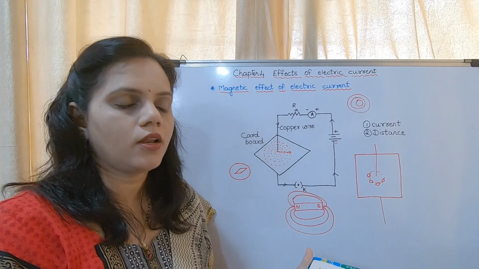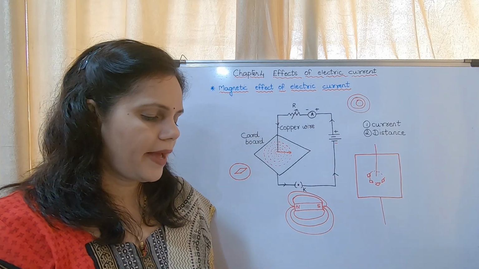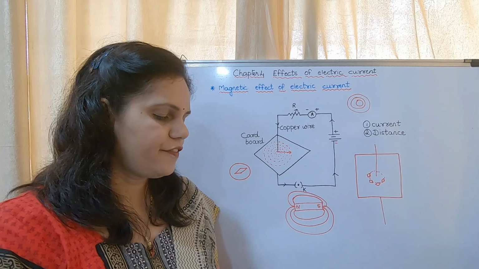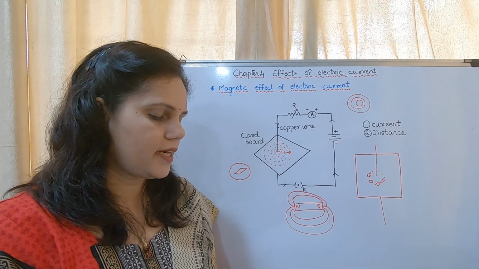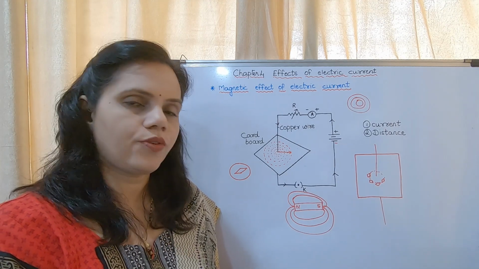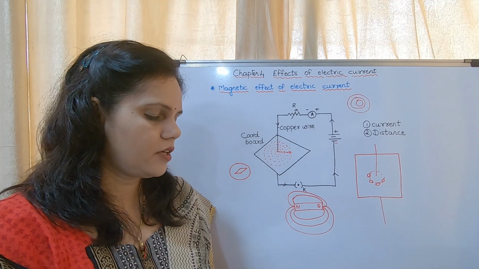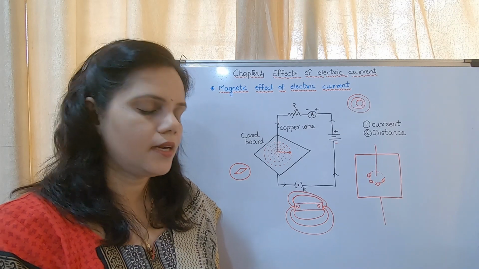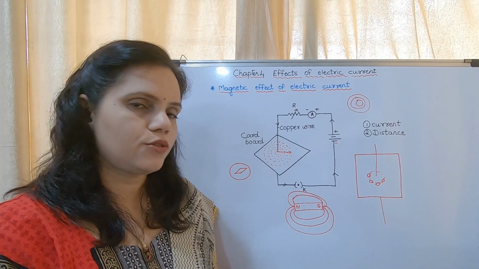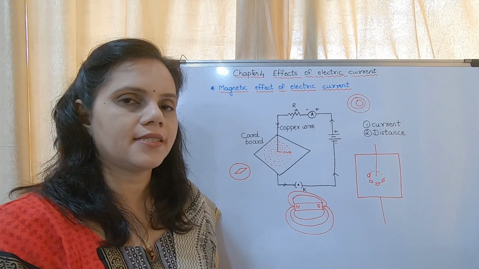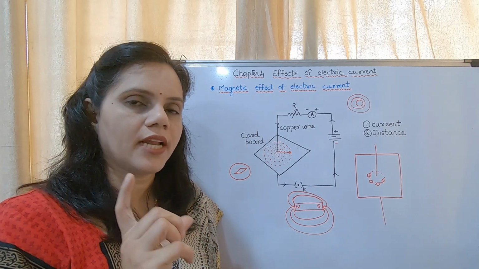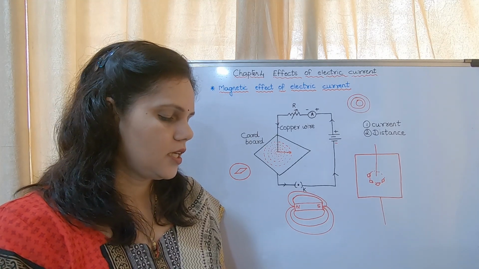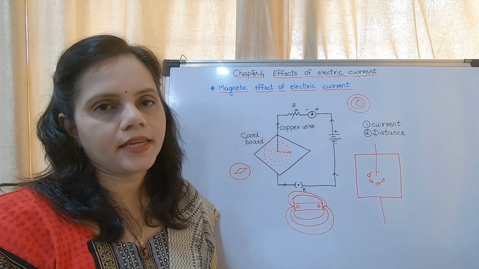There is a box, always remember. A magnetic field is produced around a straight current carrying conductor. If the current is unchanged, this magnetic field reduces as the distance from the wire increases. Therefore, the concentric circles representing the magnetic lines of force are shown bigger and rarefied as the distance from the wire increases. So, as the distance increases, the distance between those lines will go on increasing. If the current through the wire is increased, the intensity of the magnetic field increases.